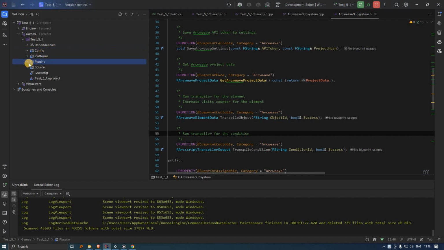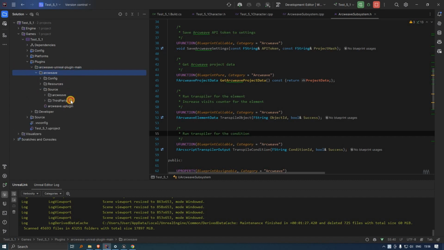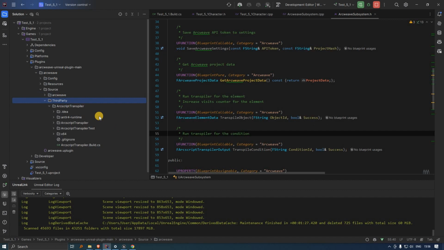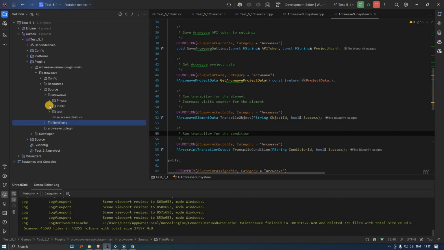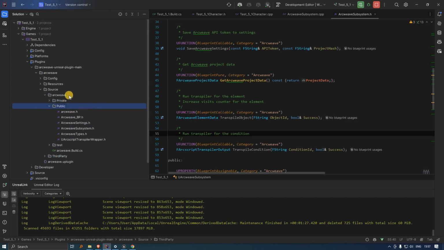First of all, let's go to our project and to the plugins folder and open the Arcweave Unreal plugin main folder. And here, under the source, we'll see there are two more folders, one called Arcweave and another one called Third Party. Third Party is very low system and probably will never concern you. It has to do with how Unreal is transpiling the Arcweave data to C++. The majority of what we need is in the Arcweave public subfolder,